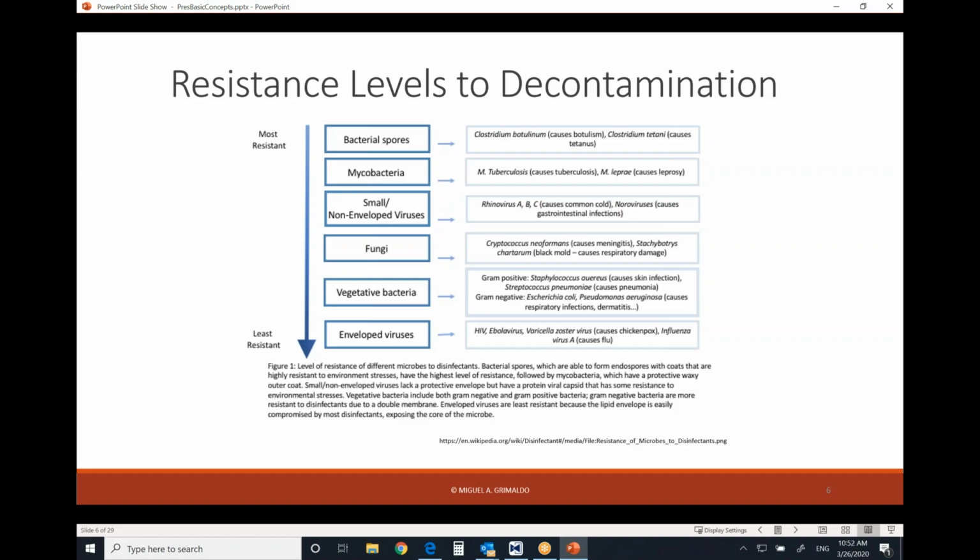Then, in order from most resistant to least resistant, we have mycobacteria, then small non-enveloped viruses. A lot of people in Europe and Asia have heard about foot and mouth disease, how difficult it is and how easy to spread it is, because foot and mouth disease is an animal disease caused by a non-enveloped virus. Then you have fungi, then vegetative bacteria, and the easiest to decontaminate, believe it or not, are enveloped